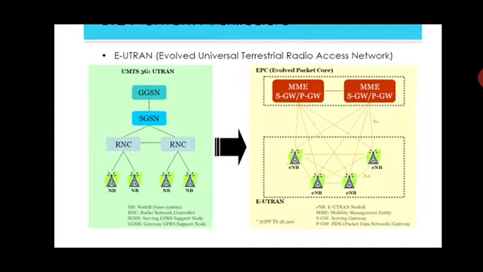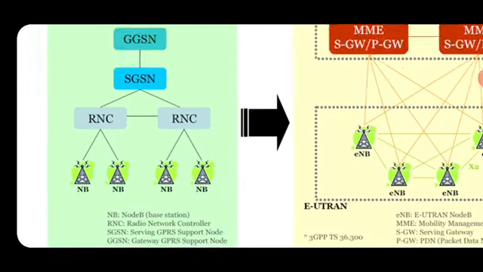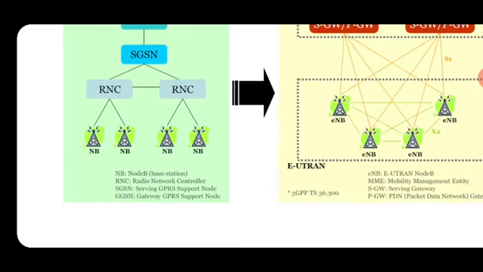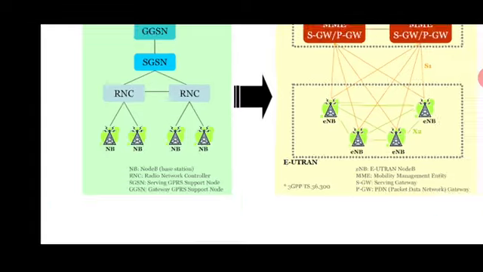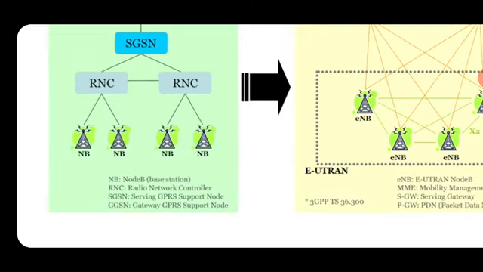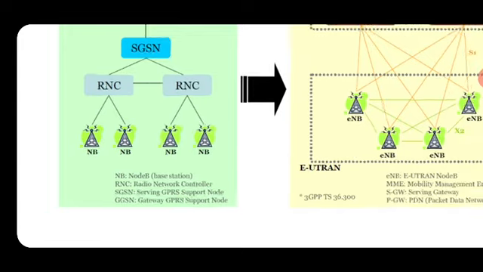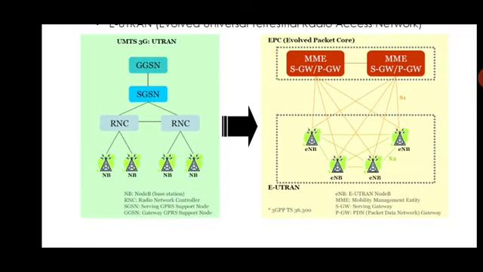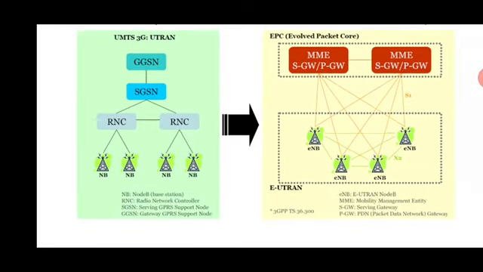Look here. Now here we call it NB, Node B, the base station. Earlier we called it a BTS, now we call it a Node B. RNC, radio network controller. BSC, we called it a BSC, here we call it a radio network controller. Now for data serving, all the BSCs are connected to the MSC, meaning SGSN, serving